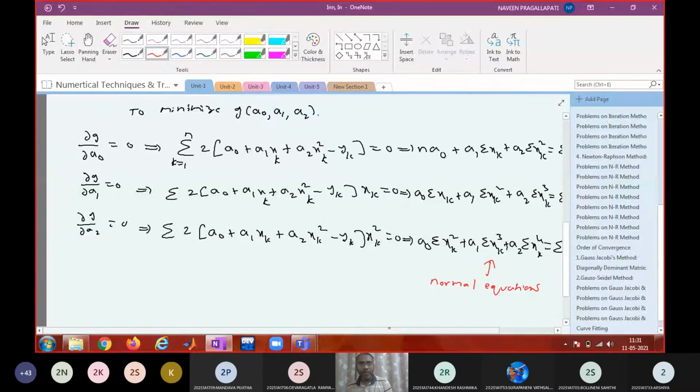Okay, so what you have to do is write down the normal equations, find the column sums, substitute in the normal equations, use your calculator, find the unknowns, and you will get the best fit curve. And if you are asked to estimate the value of y for a given value of x, substitute the value of x in the function, and you will get an estimate value. Is that fine? Shall we do problems now?